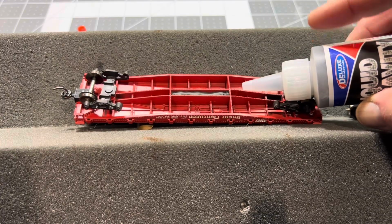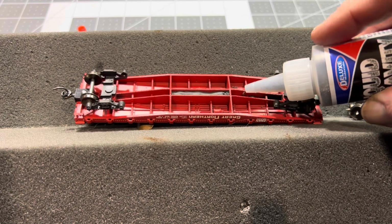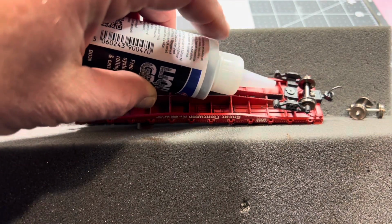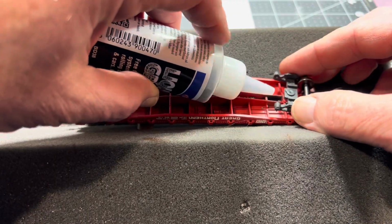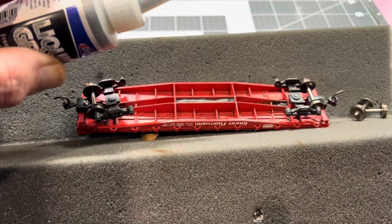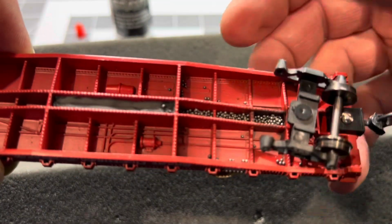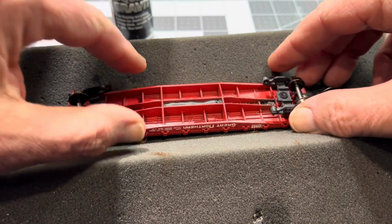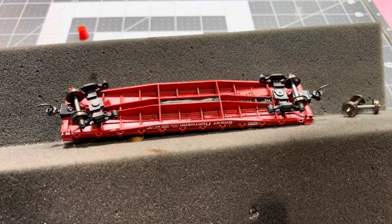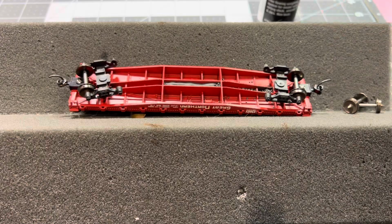Here we go. Whoops. All right, they're going everywhere, but we'll just pour them in here, and whichever ones spill over, we'll just collect later. So the idea is you just fill a crevice. You can see they're in there. Come on, focus. We'll add a little more. And like I said, the idea is you fill the, whoops. I feel like I'm trying to put pepper on a potato here. What the heck? All right, I think that's